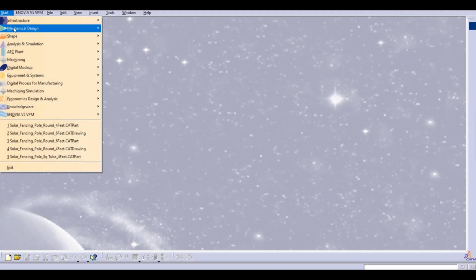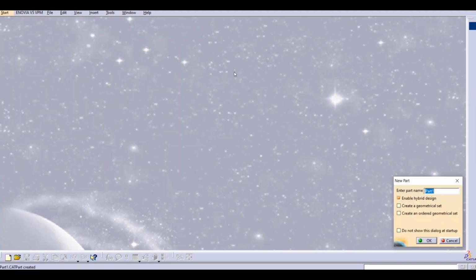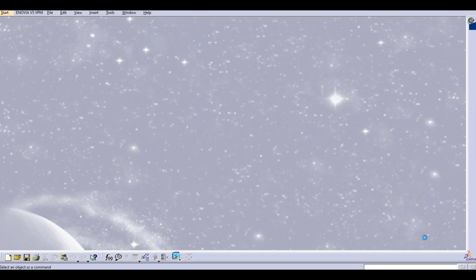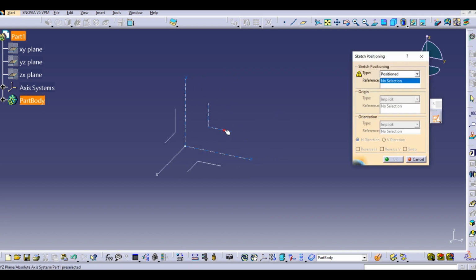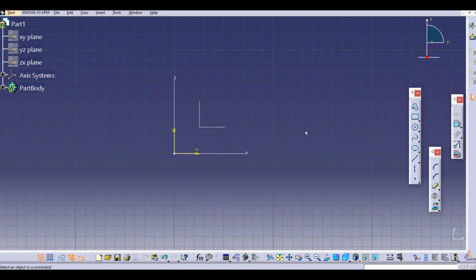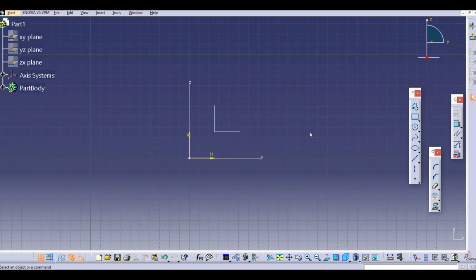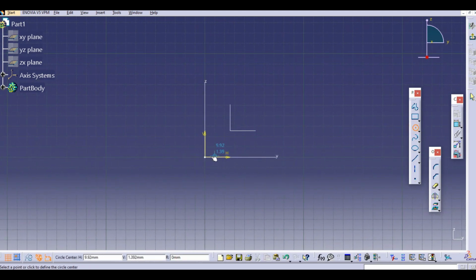Let's start with the part design: mechanical design, then part design. Then you can rename it to any other name. I will just keep the same name here and create one sketch with a sketch positioning. You can see the vertical is up and horizontal is on the X side. Just click on OK, and then here we'll create the circle